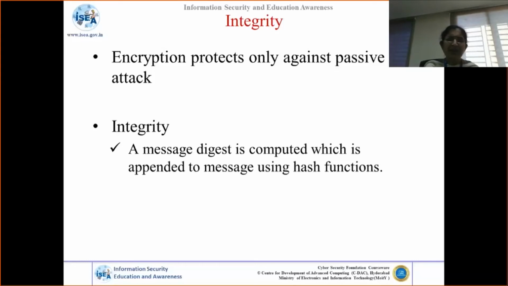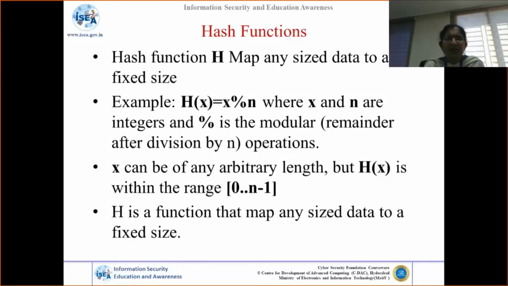Okay. So that definition, we call it a message digest, which is the hashing terminology. A message digest is computed at the sender end. Along with the message, you compute the message digest using hash functions and you send it. That is how we provide integrity. The approach is generally very simple.